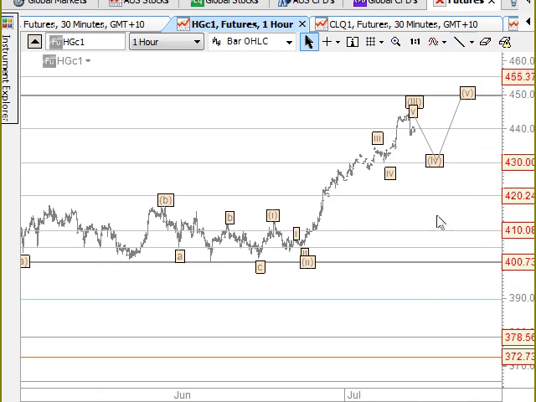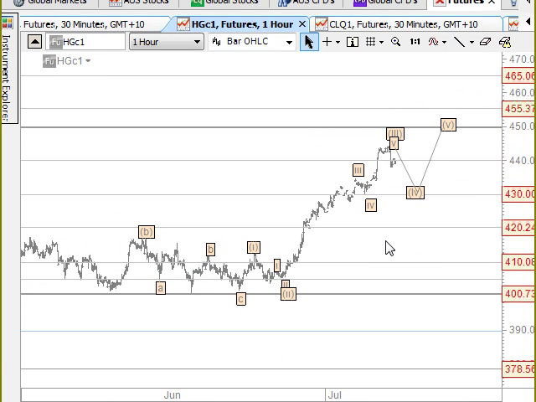So on the driving side of things here, this is the copper market that's been driving us and our dollar and so forth. We've had this nice sort of wave structure up here. We know that the 450 is the ceiling on this here. We know that we'll get some sort of fourth wave pullback through here and then a push up through to the 450 here. And then we'll see another correction.